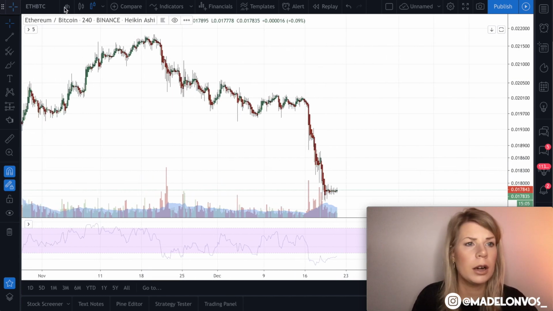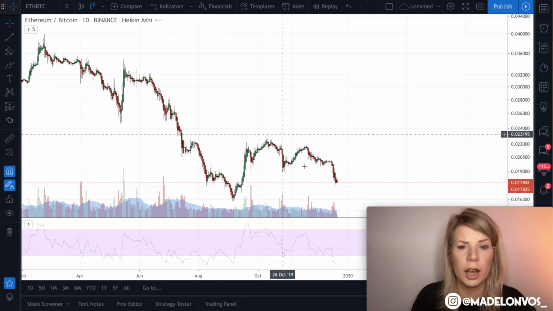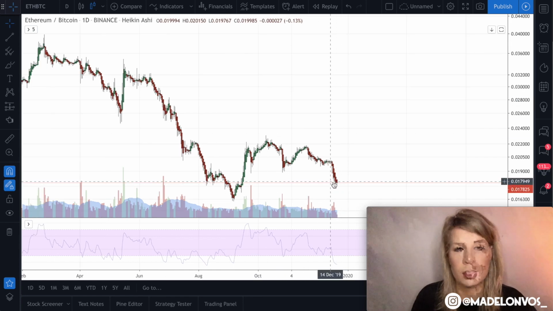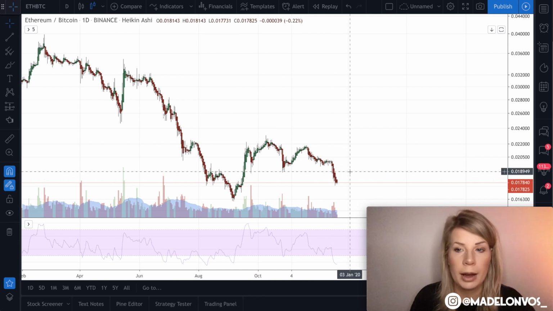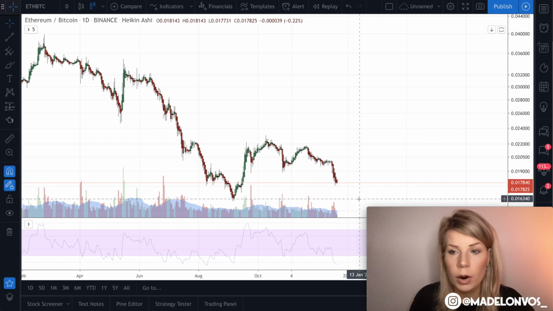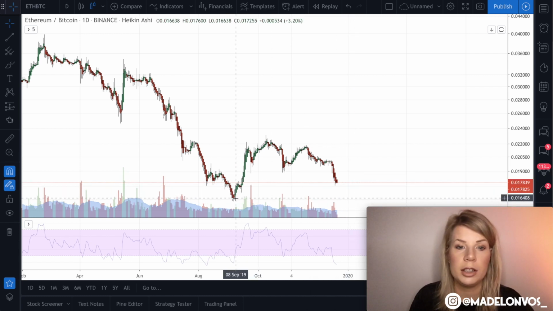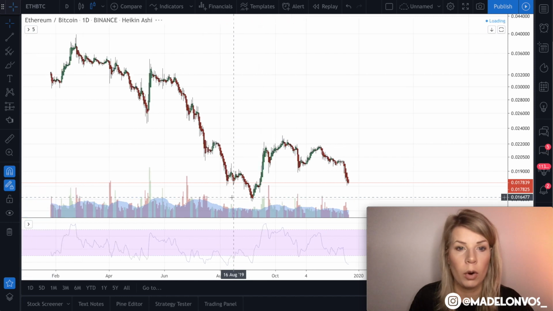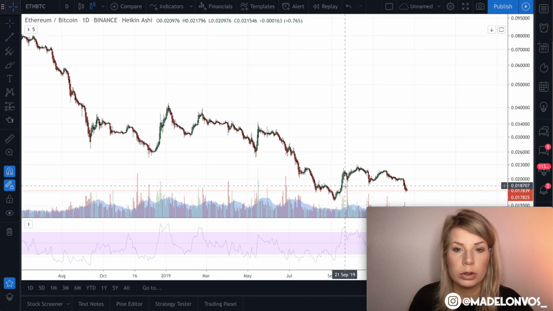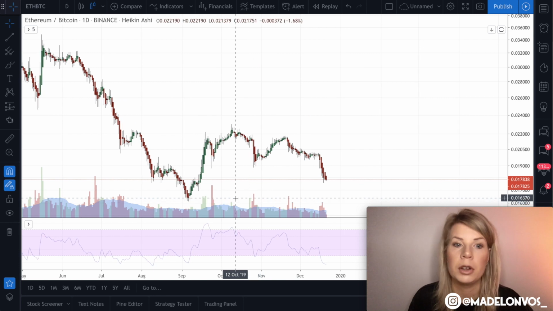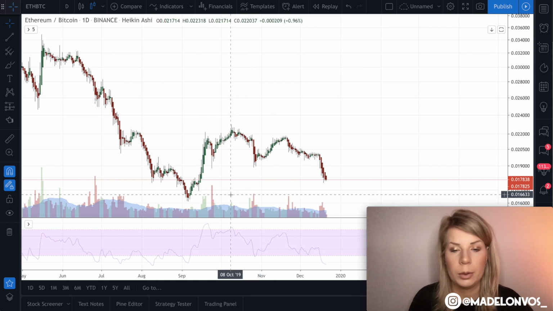But for now, also if I take a look at the daily one, this is just a support level, and maybe it's going back upward to 0.018 or something like that, and then the price will go down more. Make sure to keep this point in mind because this is the ultimate low over time, and you don't want to go below this point. Then there's something really bad going on.